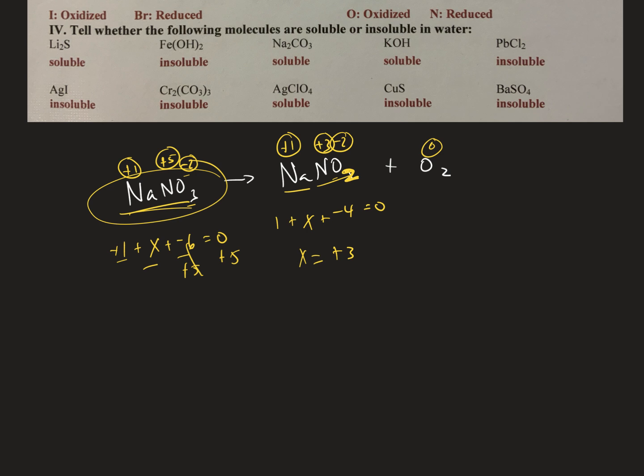All right, so which one is reduced? Nitrogen goes from positive 5 to positive 3. So nitrogen is reduced, a reduction. And which one is oxidized? Oxygen goes from negative 2 to 0 right here. Does that make sense? Okay, one more thing with oxidation reduction before we move away is